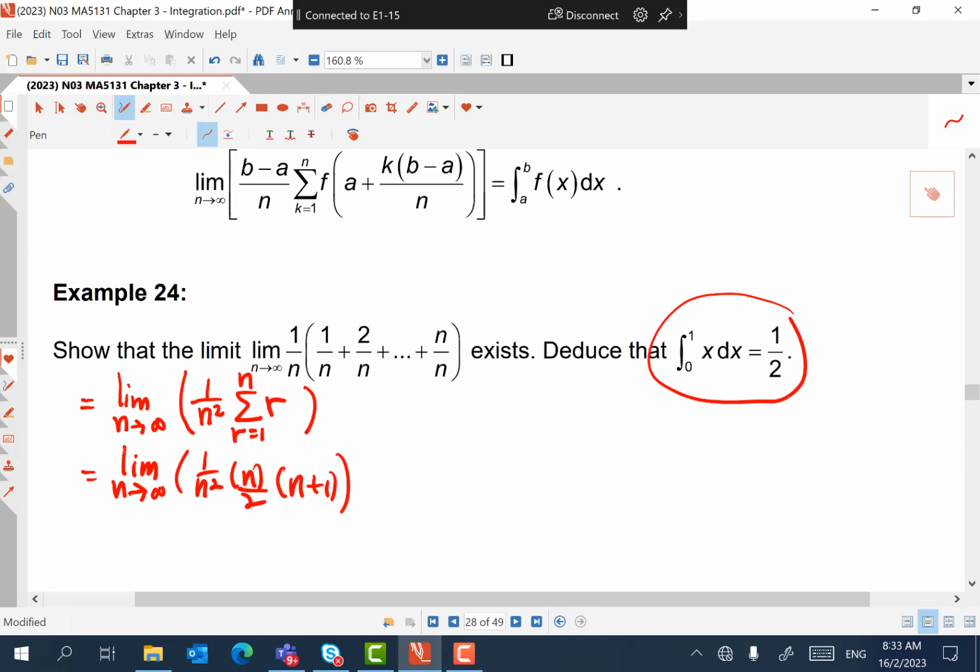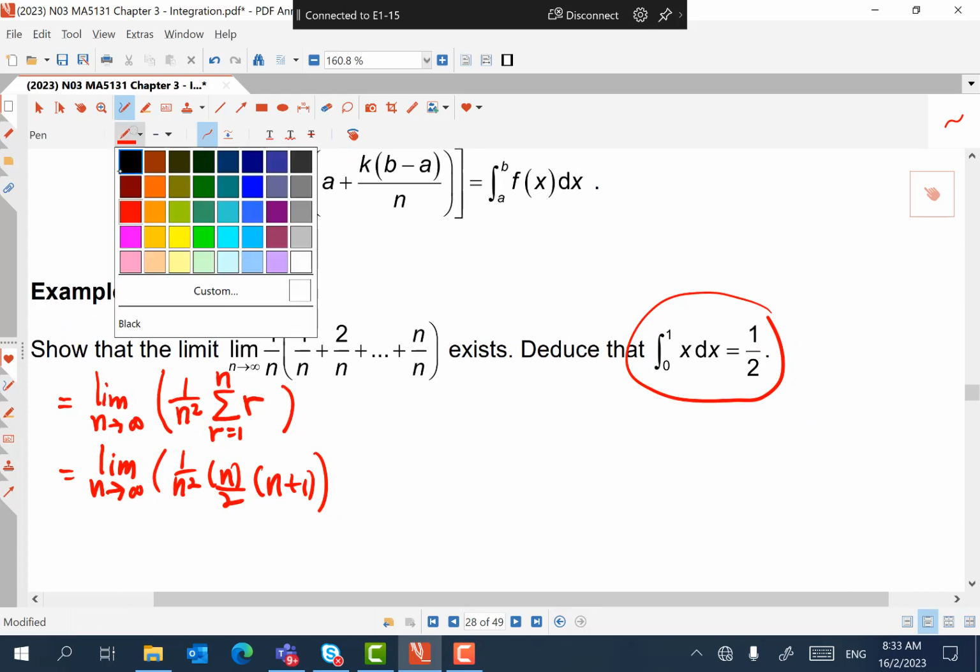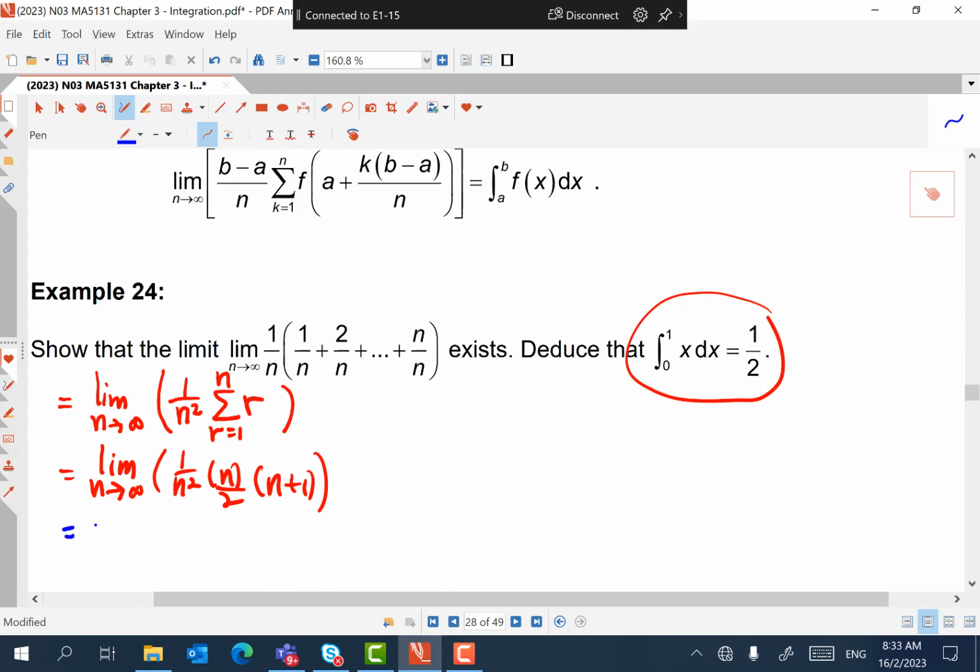And then how do you tidy up this arithmetic? You're trying to say this, and this gives you half into,